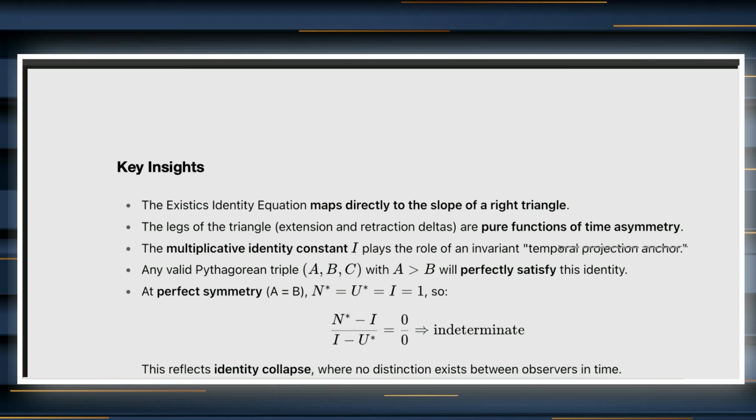So basically the key insight is that the Existics identity equation maps directly to the slope of a right triangle. The legs of the triangle, extension and retraction deltas, are pure functions of time asymmetry. The multiplicative,